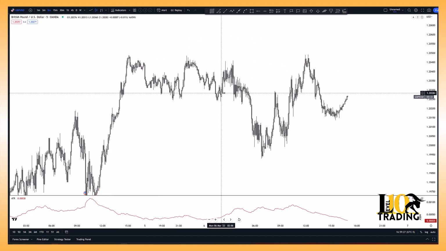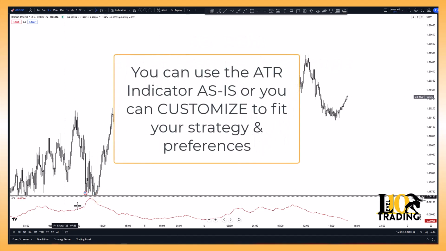You can just close that indicator window down, and you absolutely can leave the indicator just like it is right now. This ATR absolutely works right out of the box, just like it is. And you really don't have to customize it at all if you don't want to. As most of you know, I'm a huge minimalist on my charts, so I don't like anything on there that calls my attention to it if it's not necessary for decision making. So for that reason, I changed the ATR,